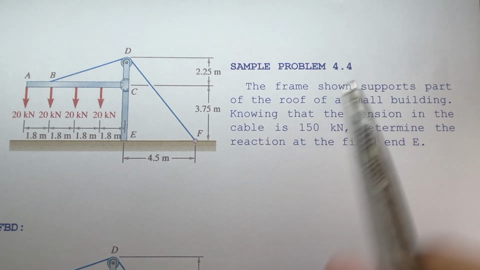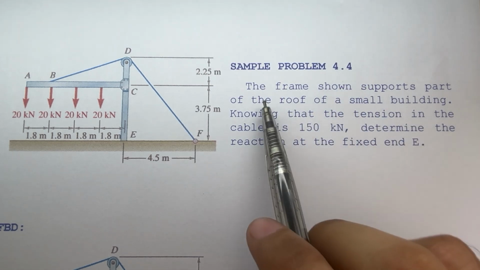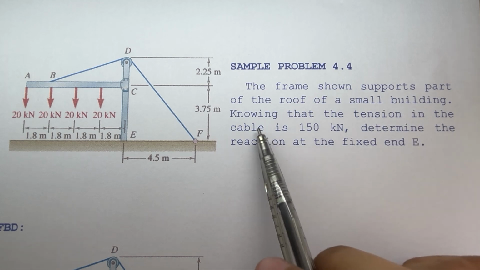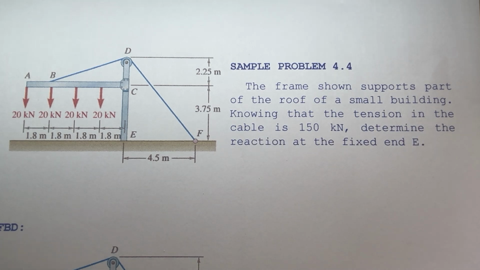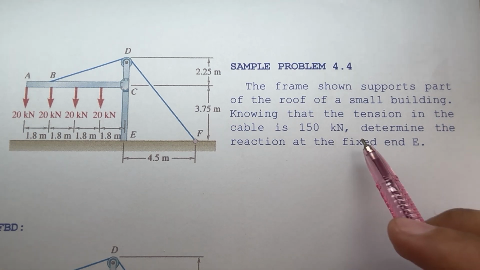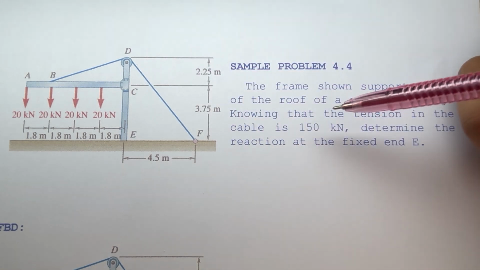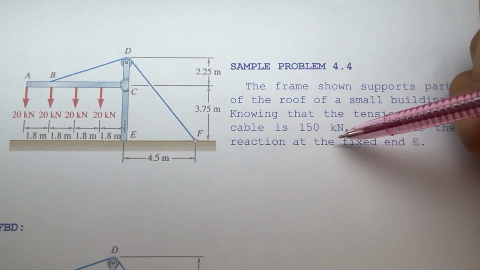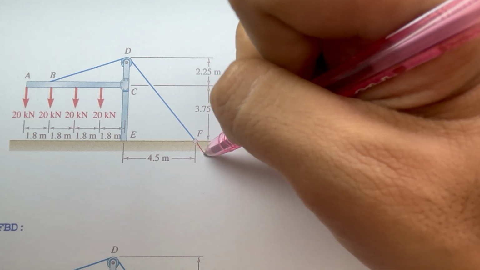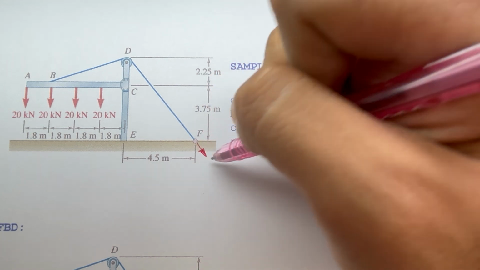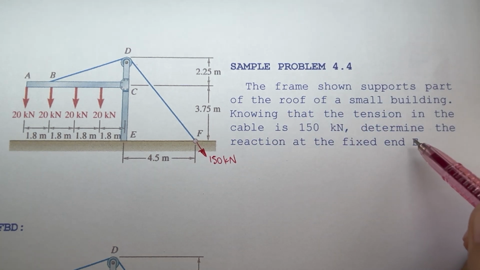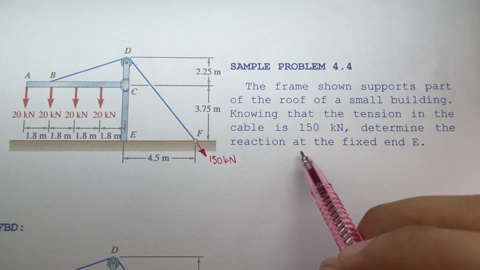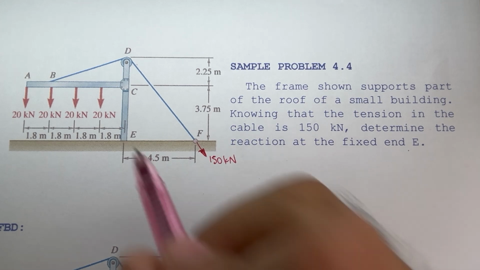Sample problem 4.4. The frame shown supports part of the roof of a small building. Knowing that the tension in the cable is 150, determine the reactions at the fixed end E. So knowing that our cable exerts a force of 150 kilonewtons, and it is said in the problem that the reaction at the fixed end E